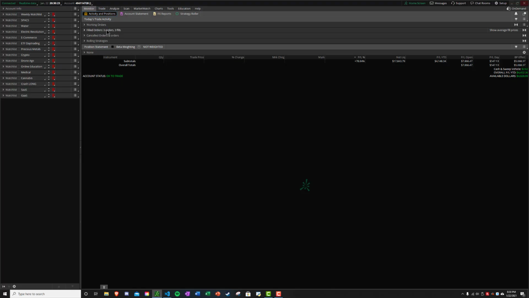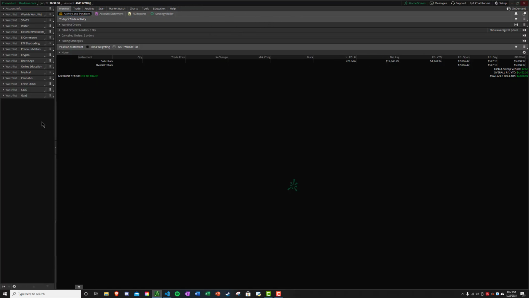which allows you to see exactly what activity has gone on within your account in terms of orders. And as you can see, it gives you all of your specs on your account status. As you can see, this account's up 78%. It's doing pretty good. There's a few more things under monitor that you can use to keep track of your account. I'm not going to click on those because it has a little bit more information that I want to give out. And finally, we'll end with this left side here, which you can completely customize yourself